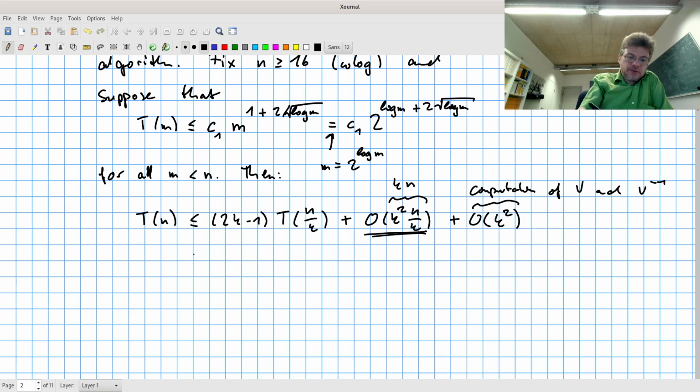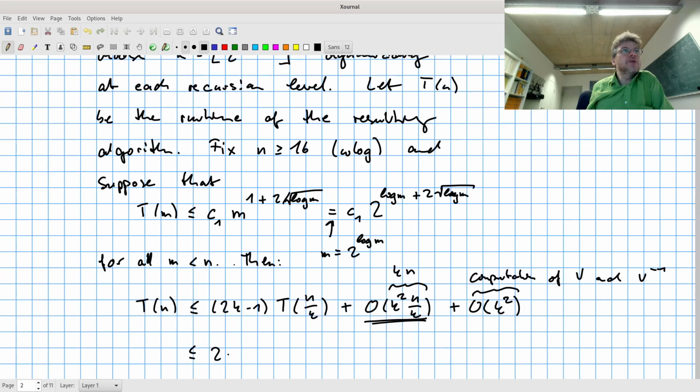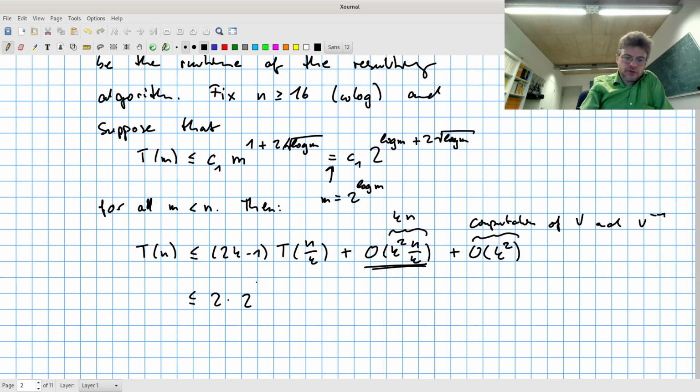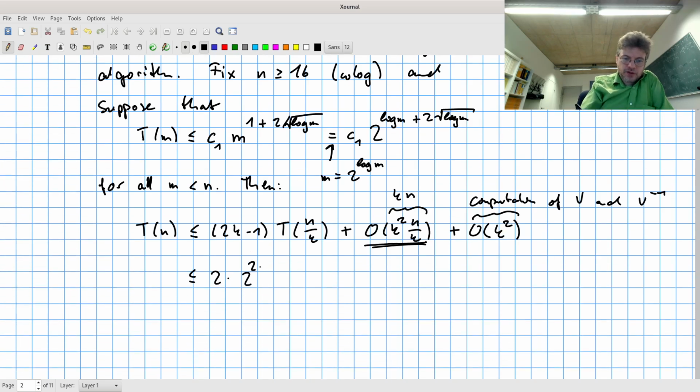Okay, so let's see what this is. This gets a little bit complicated, but let's see if we can get through this. Maybe the minus one doesn't matter so much. So let's say this is 2 times k. Now I say what is our k. Our k is this. So it's 2 to the, what was it, 2 square root log n times